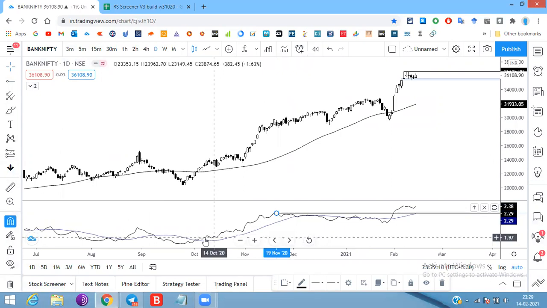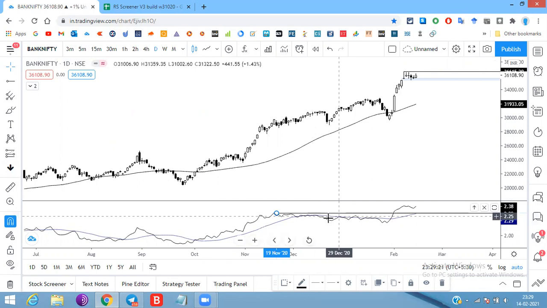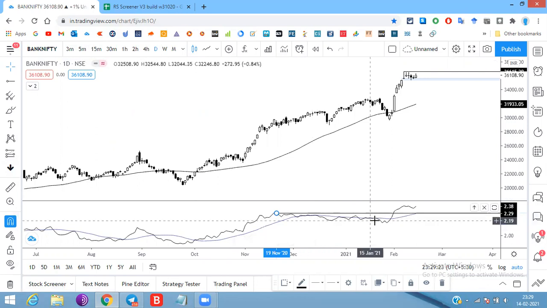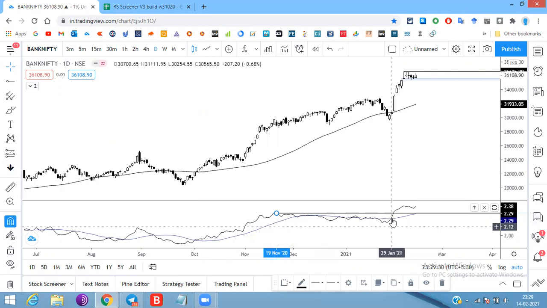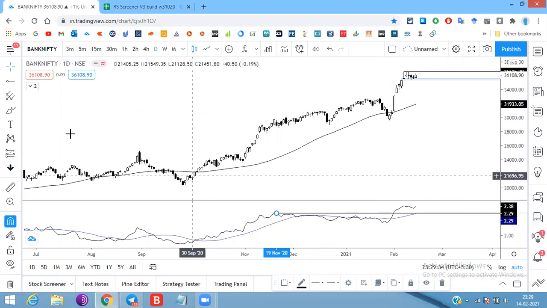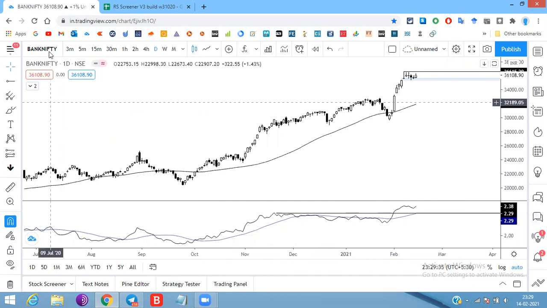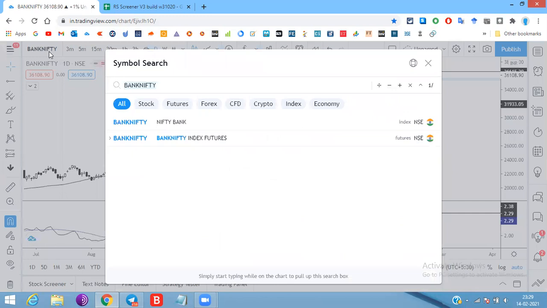And here, as you can see, from 1st October till here, there was also good outperformance previously. Then it consolidated, the whole Bank Nifty consolidated, and it was really sticking near the 20 SMA and not breaking down. And this shows us a good bullishness in Bank Nifty as well. Okay, so overall the BFSI stocks, which is banking and financial services stocks, are really doing good and are really bullish.